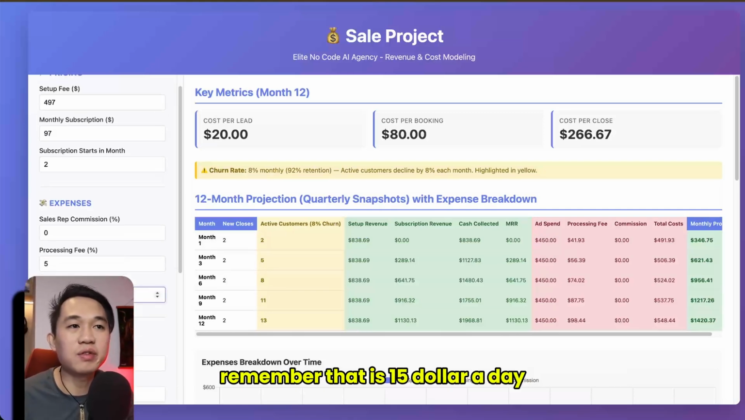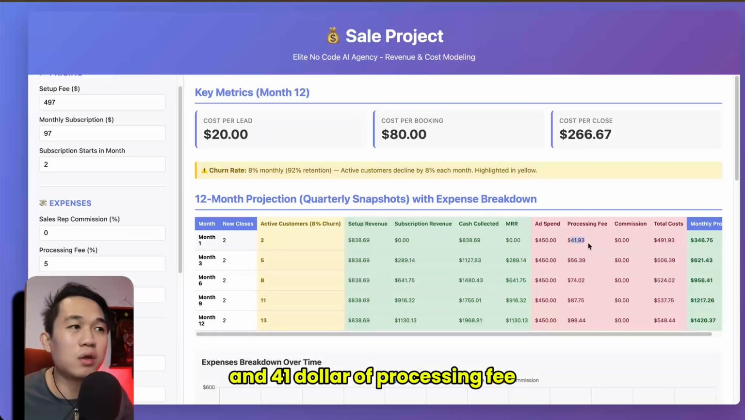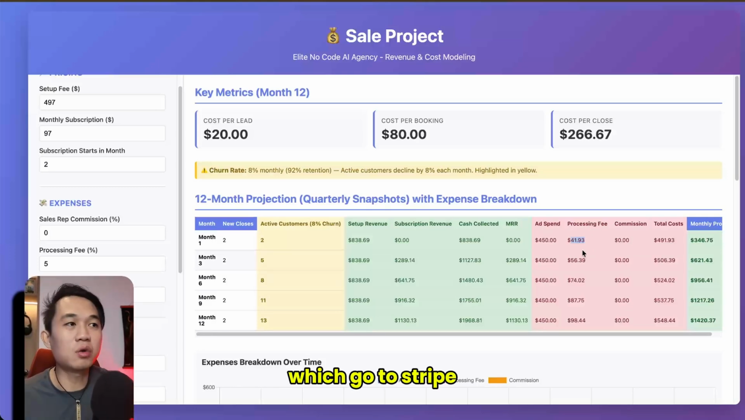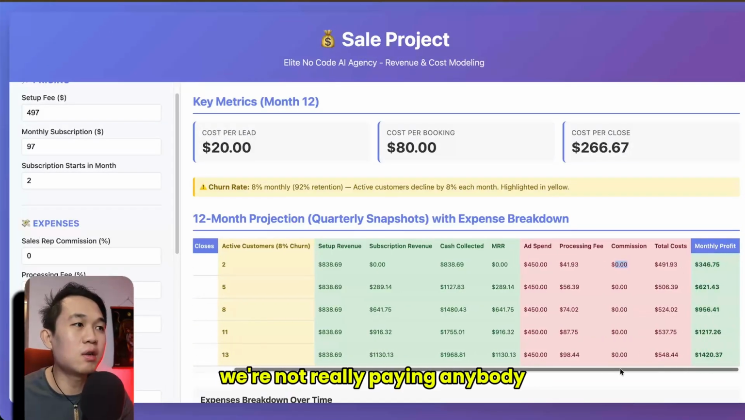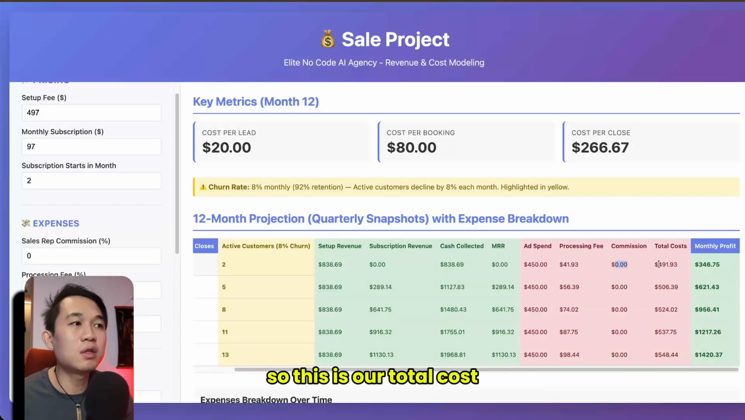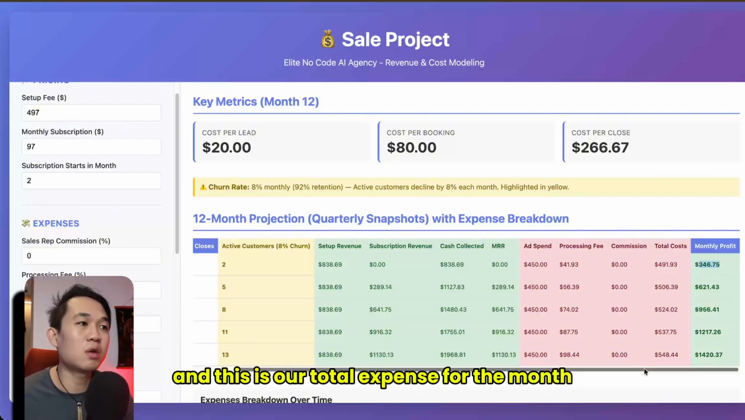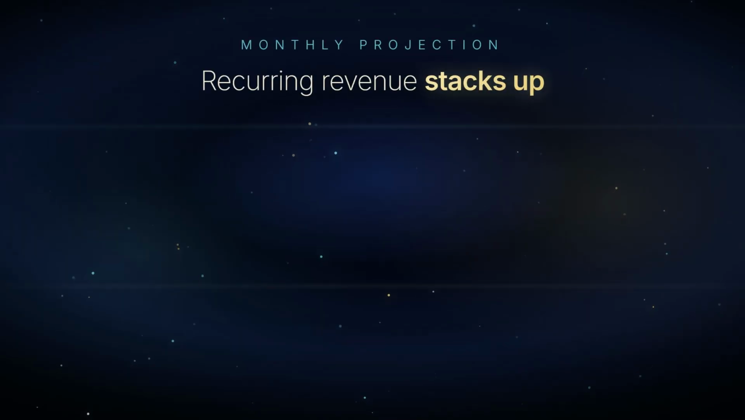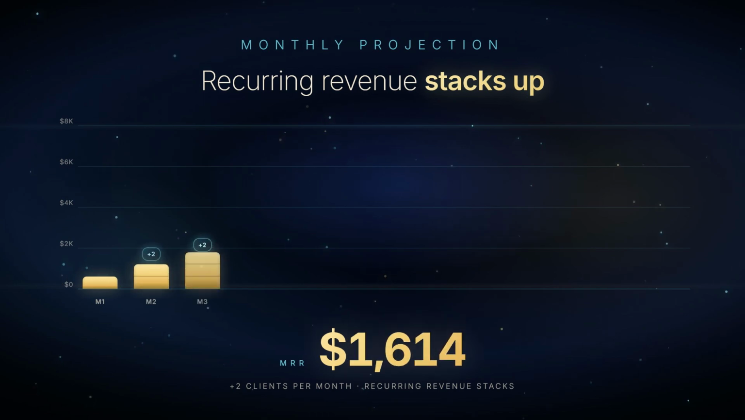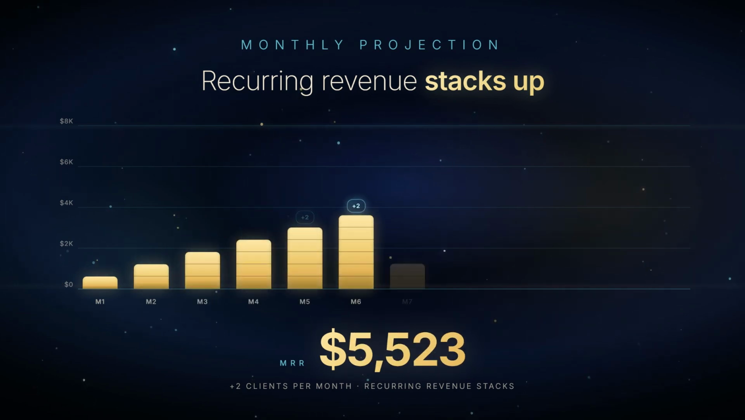Remember, that is $15 a day and $41 of processing fee, which go to Stripe. Since we're closing the deal ourselves, we're not really paying anybody. So this is our total cost, and this is our total expense for the month. Now you can see here, this is why this SaaS, software as a service model, is really profitable, because it starts